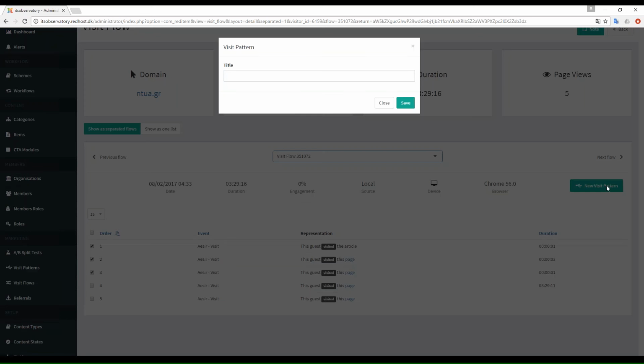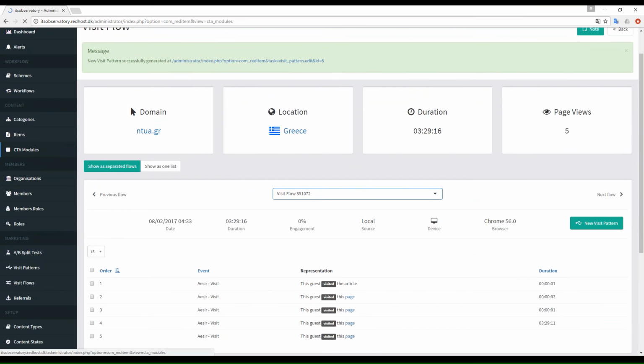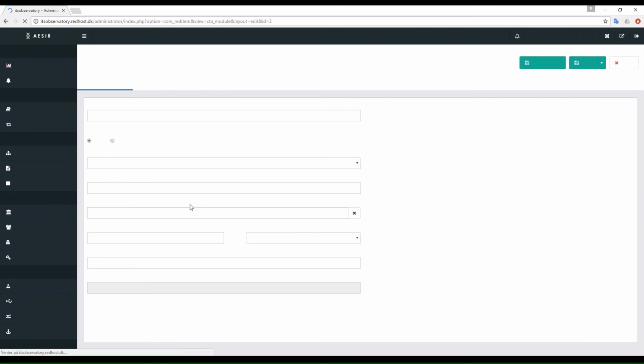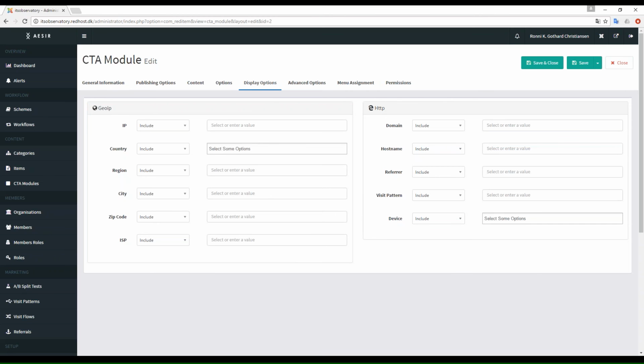So I want to create a new visit pattern. So I go and say, well, 3 important steps, and then I save it. What happens now is that I can actually go up to my call to action module, and I can open up my call to action module where I tell people that it's very important that they look at light oak products. Then I can go into the display options and I can include my 3 important steps visit pattern. And now I have a rule base where I can decide that I only want to show information about light oak products. So when I do this and I click save,